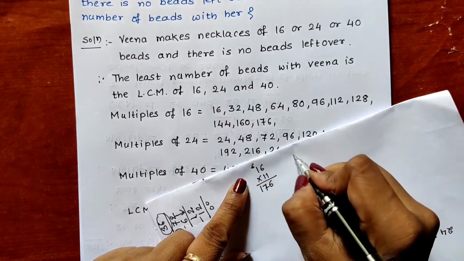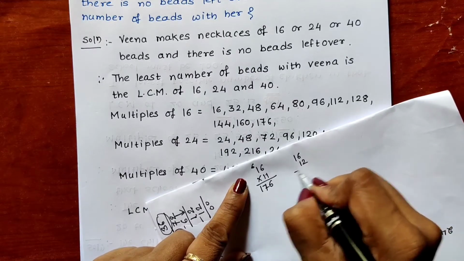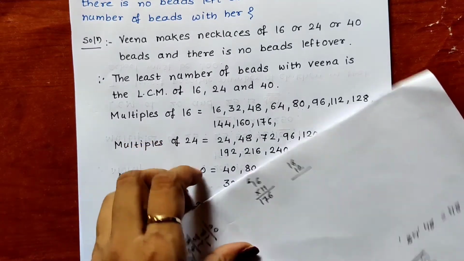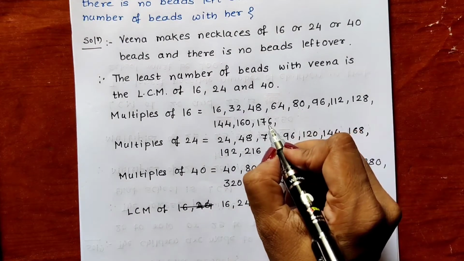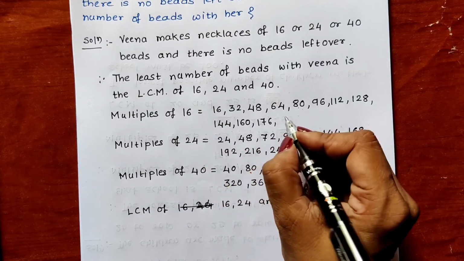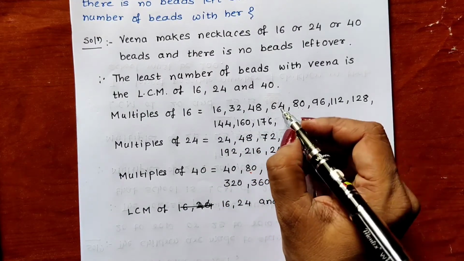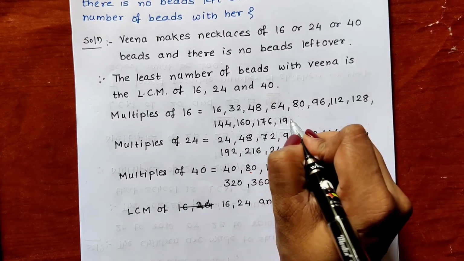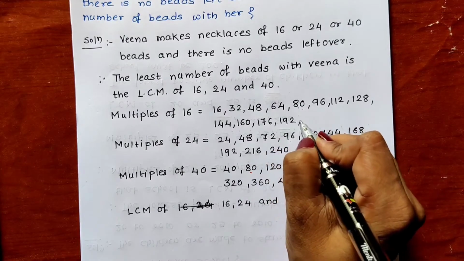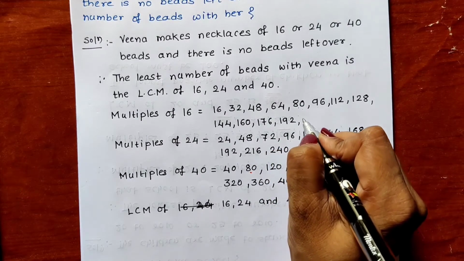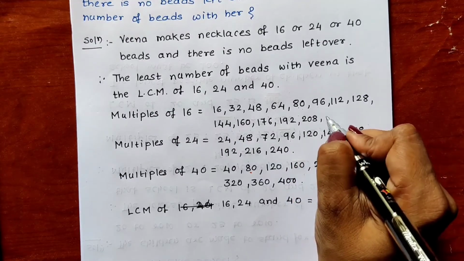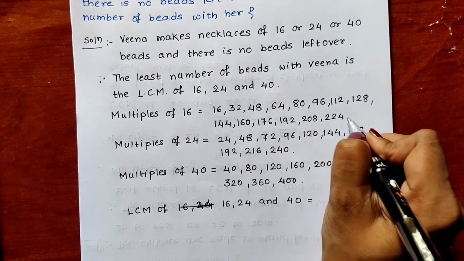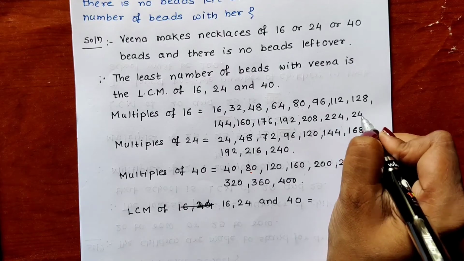11 12s are, 16 12s are... In this way we have to keep on multiplying and then write down the table. So after 176, plus 16, if you add, it will be 192, correct? 192 plus 16, if you add, it will be 208. You can add, otherwise you can multiply also, that is up to you. Then 224 and then we get 240.